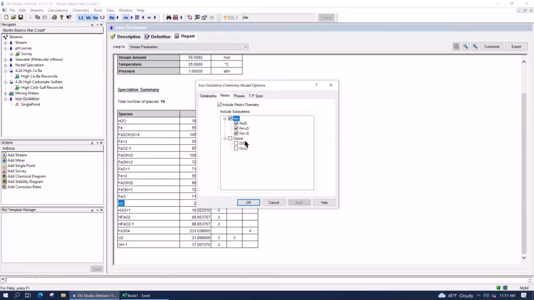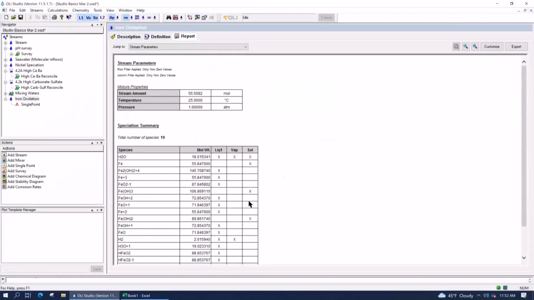If I chose to, I could tell the software that, yes, I want to include ozone, or no, don't include ozone, or if I'm going to oxidize iron, only let it oxidize to iron +2. Meaning that it's not allowed to fully oxidize to iron +3. Anyway, so we're going to keep everything on. We're going to press OK.